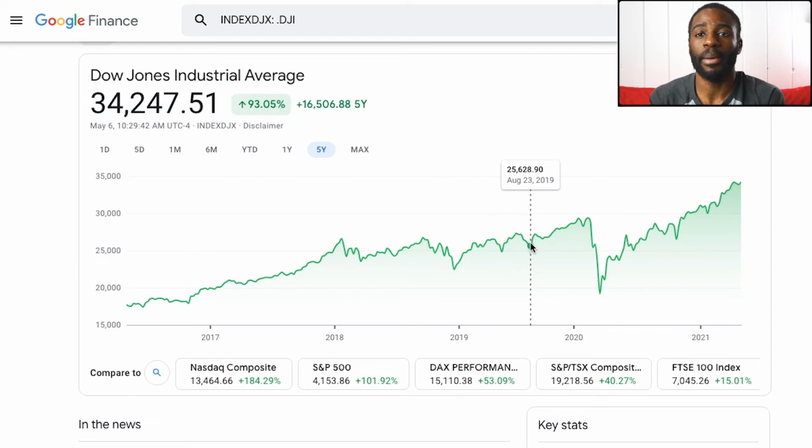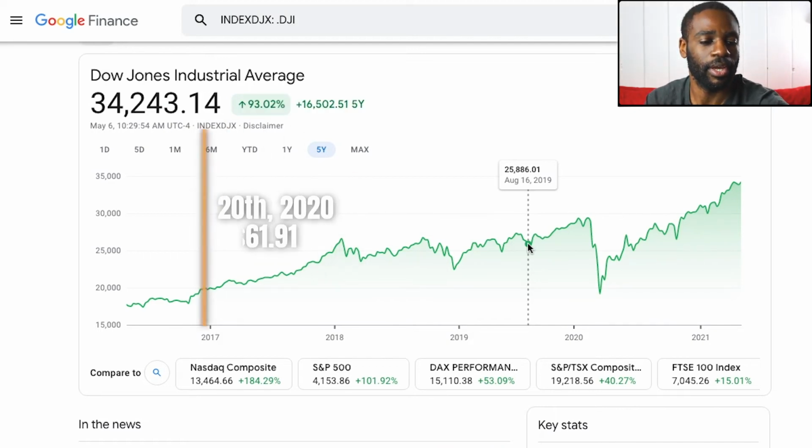Just around that time. And you're never going to get the day perfectly right. You just have to wait for a day that it drops down and see maybe another day or two if it keeps going down or if it's staying in the same range. So these are the things that you want to look out for. But August 20th is just a random day I chose because it was one of the days that it was already down.